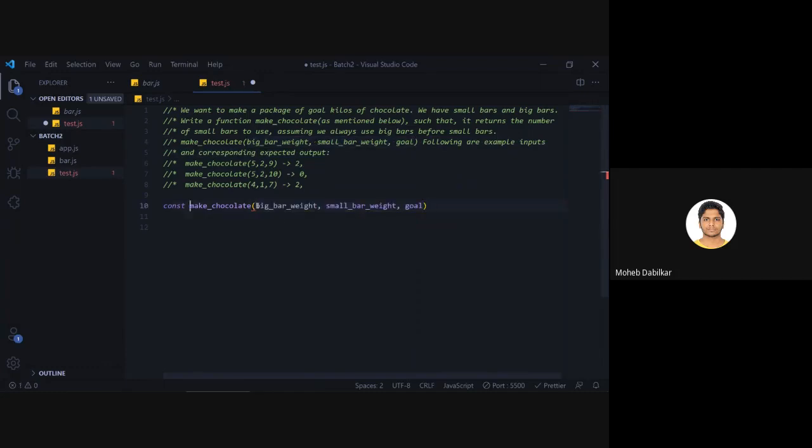We need to pass in this, and then we will just say make chocolate. Let's just remove these 3 from the comments, and then we will remove this also.